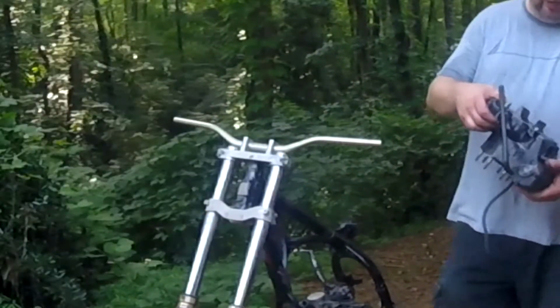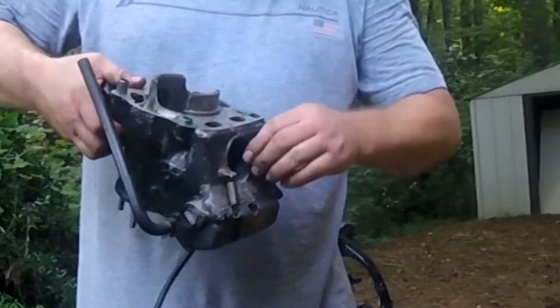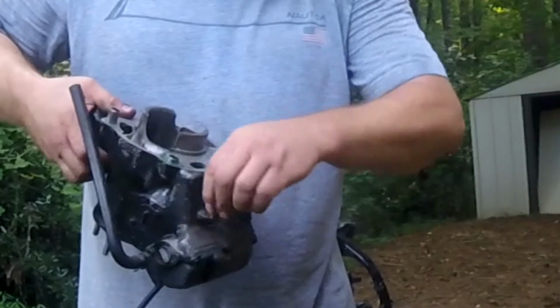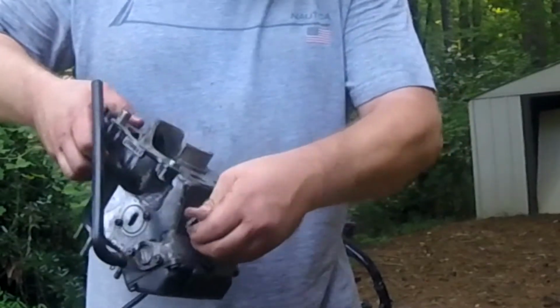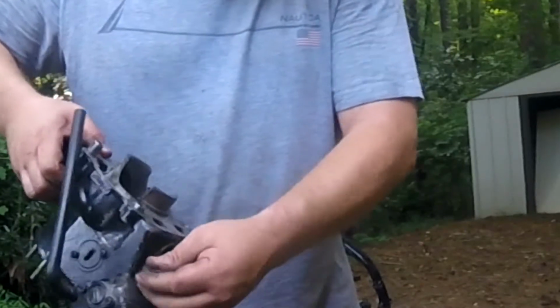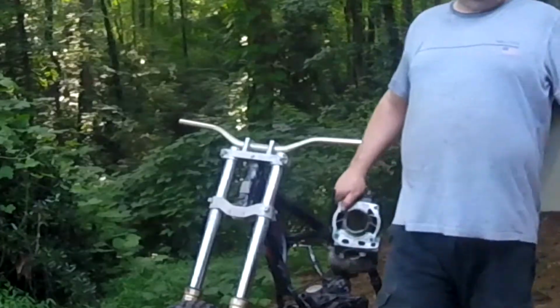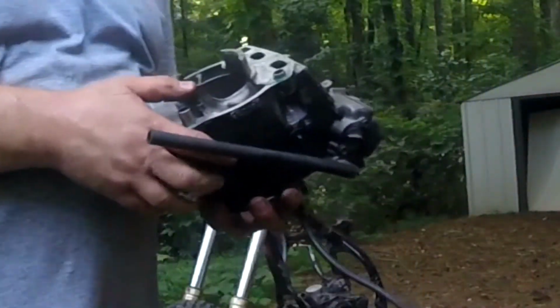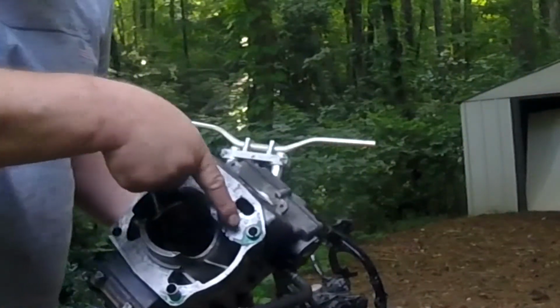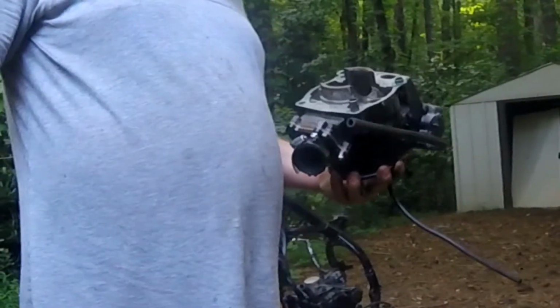So let's check the condition of the cylinder. It's wet with water. I see water in it, and that stinks, because either it came in through the crankcase. See all that water here? Look at that. Either it came in through the crankcase,